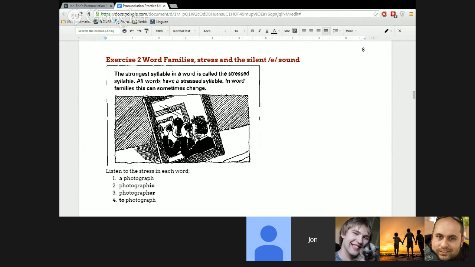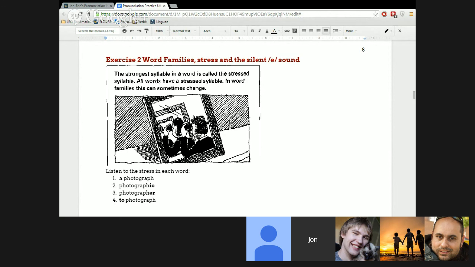So, it just gives you a little guide here to show you more or less how the word family can change the word stress. In the word photograph, the noun and the verb don't change. In the word record, they do. To record, I'm going to play a record. So record, first syllable. Record, second syllable. Record is a verb, record is the noun. So there's different patterns. They're not always the same. But just keep in mind that stress can change.